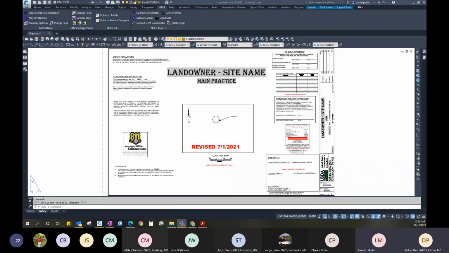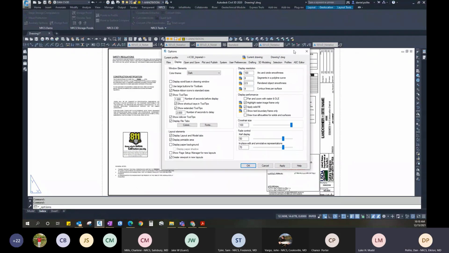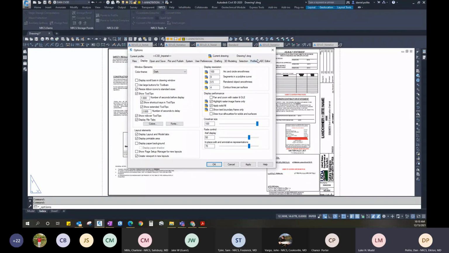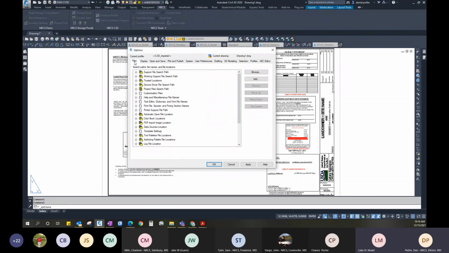On the federal side, if you right click on your screen, you can type in options, or right click and click options, and it's going to bring up the dialog. I'm sure everybody's familiar with this, but what you want to concentrate on are the files. You go down to template settings,